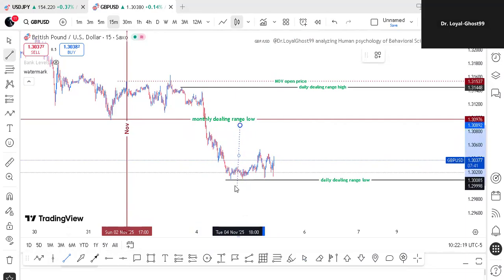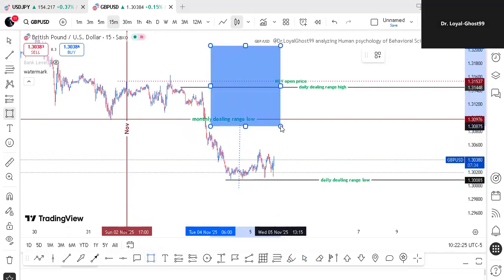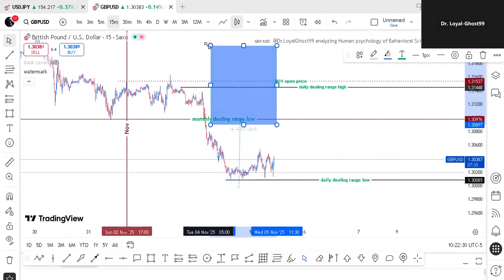We can form a week and come back within the dealing range to continue upwards. That's also a possibility, like I said before. So,